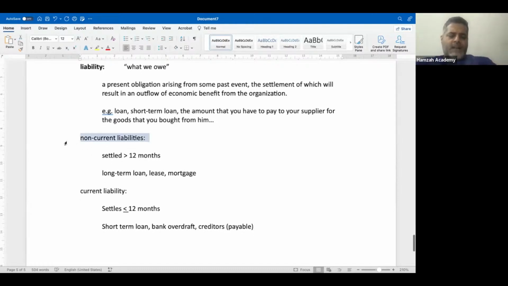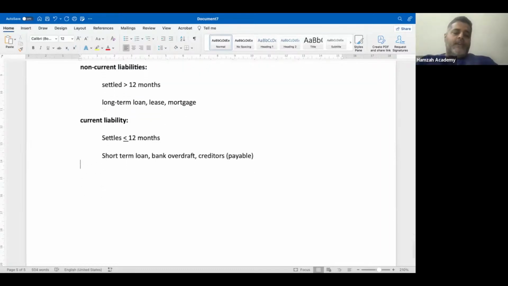So this is what the current and the non-current liabilities are. Now, if we look at the definition over here of the liability, it states a present obligation arising from some past event, the settlement of which will result in an outflow of economic benefit. That same economic benefit is having an outflow, so that is a liability over here. Then we have